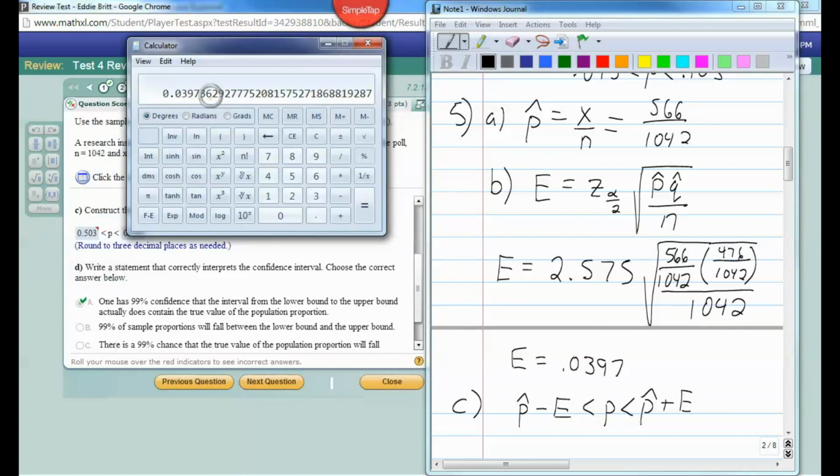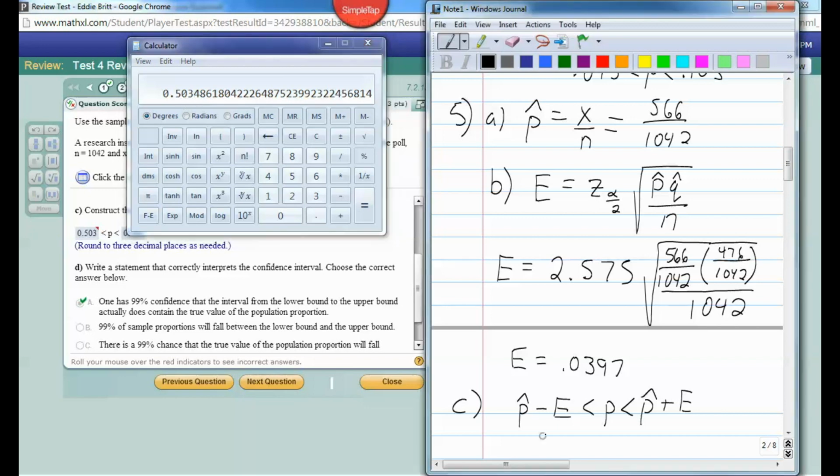We want to take p hat and subtract this margin of error. So I have 566 divided by 1042, minus 0.0397, and rounding to 3 places, 0.503. So 0.503 is less than p, which is less than